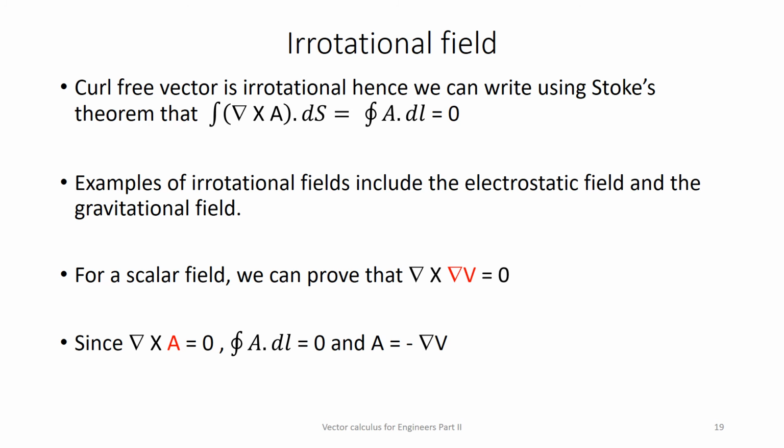Here a minus sign is written because we are doing the work in opposition to the potential, and that we will see later. The minus sign is purposely written, which indicates the direction. So once we got this equation, A is equal to minus gradient of V. A is a vector, and minus of gradient of V is a scalar potential. Now we will use this formula to solve some numerical problems. What it indicates is a potential.